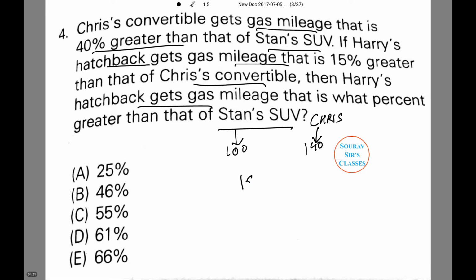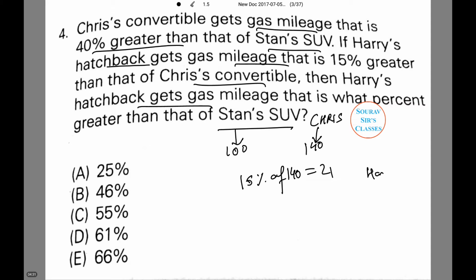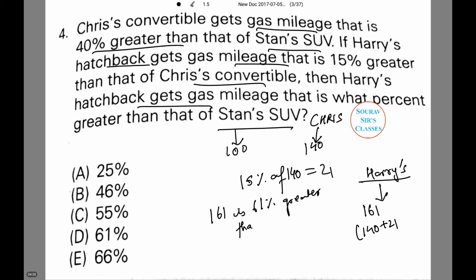15% of 140 equals 21. So Harry's, let's write his name down so that it becomes easier to relate. Harry's mileage is 161, which is 140 plus 21. Thus 161 is 61% greater than 100, and the correct answer